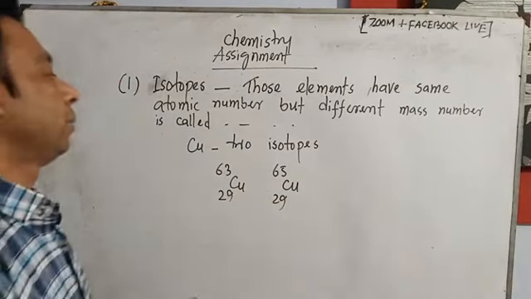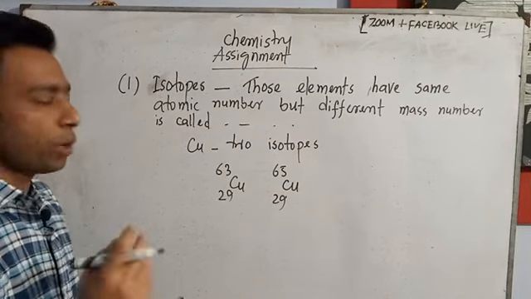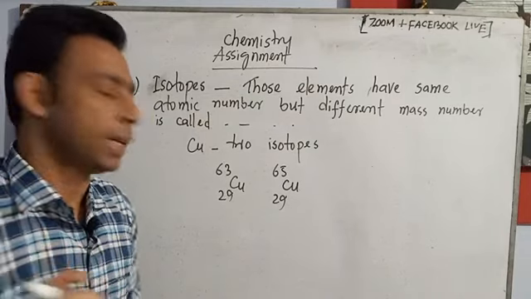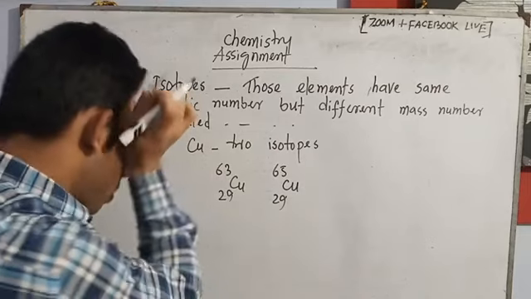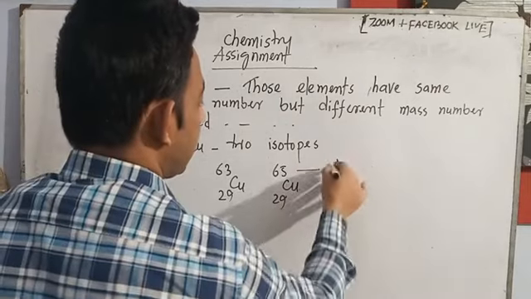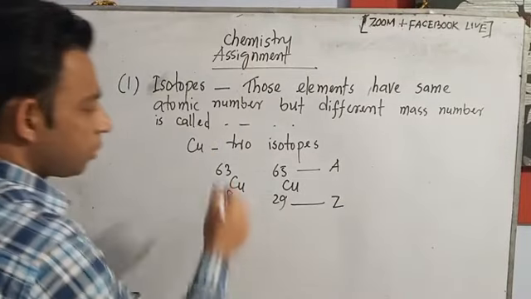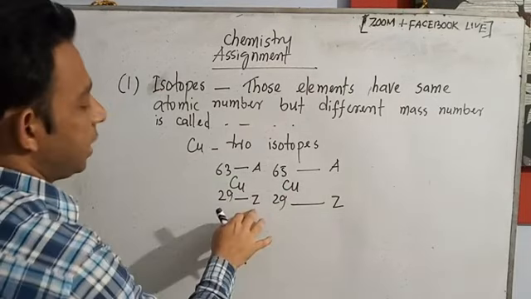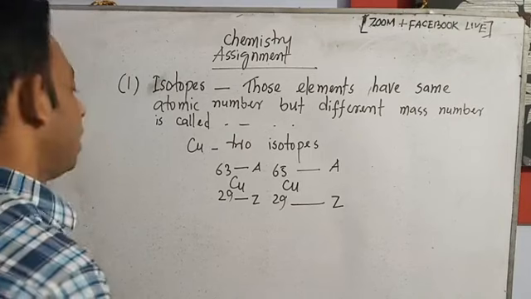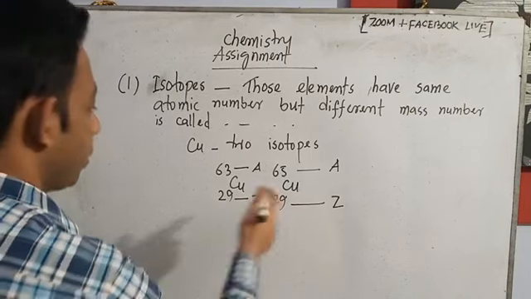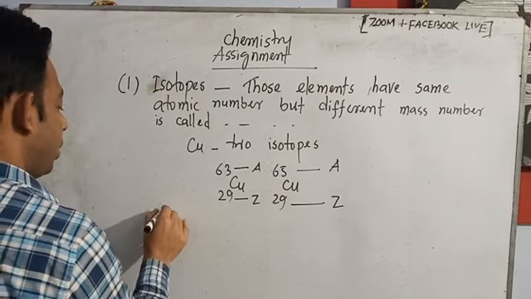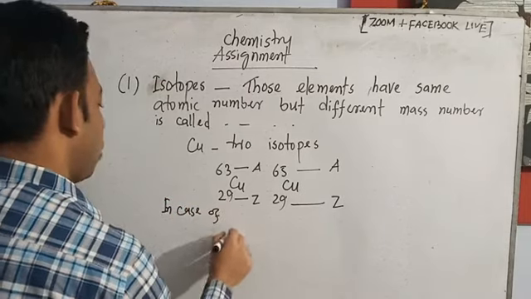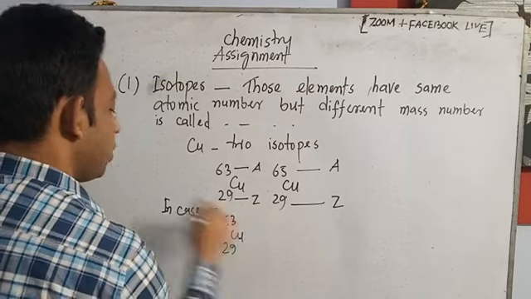So here, the first thing asked in the question is to find out the particles inside the atoms of each isotope. Look at here, we denote this one as A and this one as Z. A and Z, both cases the same thing. So we know Z is the electron number, proton number. We can denote it in a similar way. So here the first one, the solution you will write accordingly. In case of copper 29, 63,